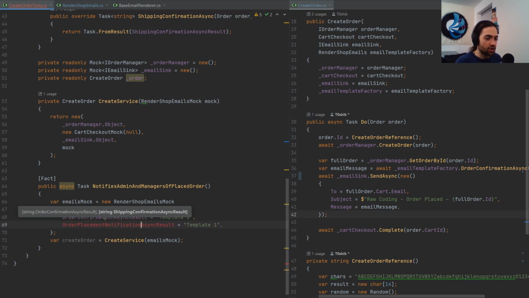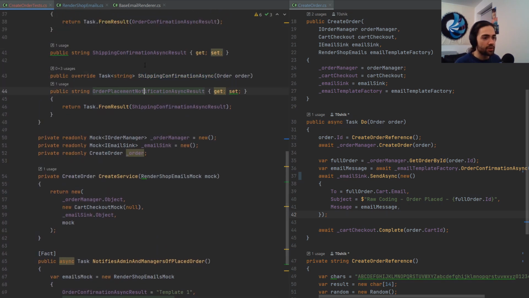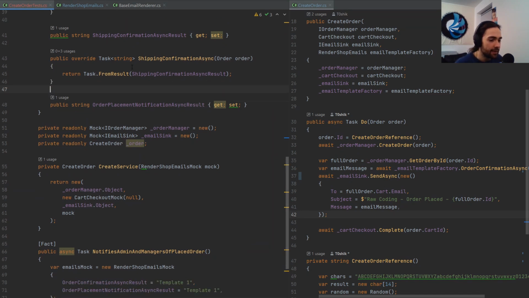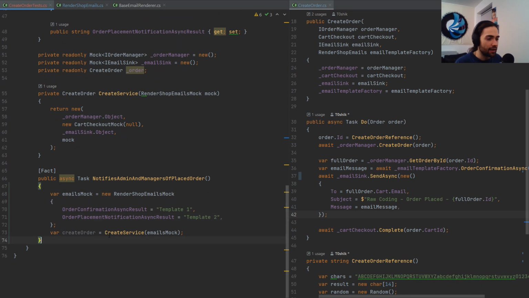placement notification async. Okay, we're gonna go ahead and create this property since we don't have it, right? TDD. This is gonna give us template 2. That's what I'm gonna be checking for. And next thing,